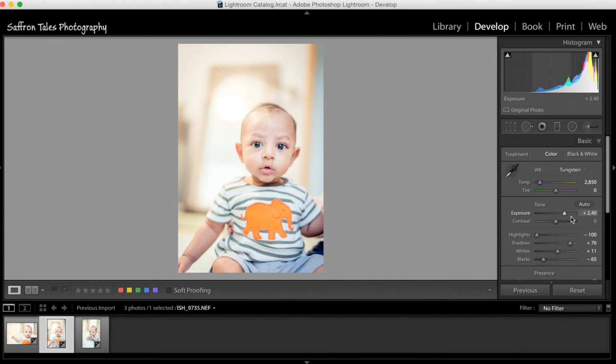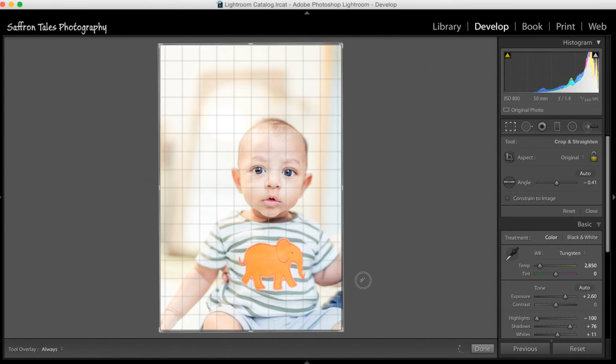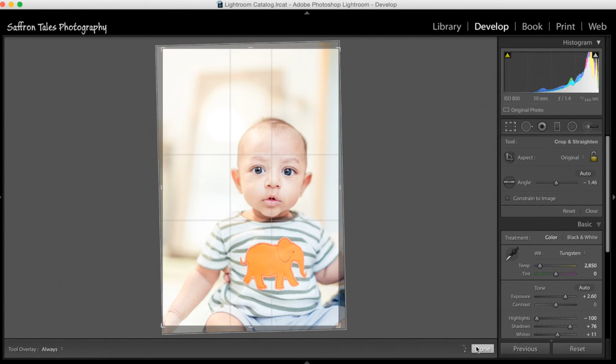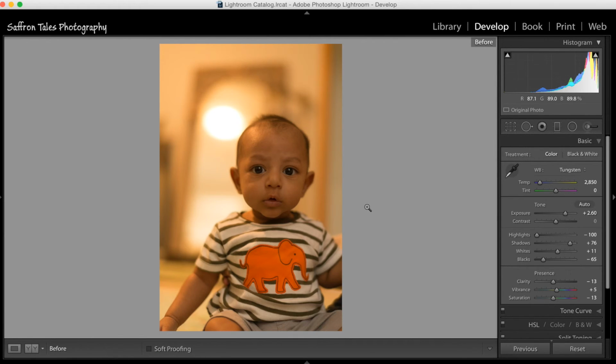and like the other photo, look at the exposure here. Just play around with the slider, go right and left if you want, maybe a little bit to the right, and also if you want you can try and straighten it just a little bit, or any other changes you may want to make. So it's very basic from that point onward, but you get the point. Even in the case of this photo, let me show you the before and after. So that's the before,